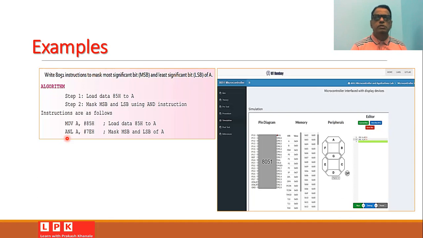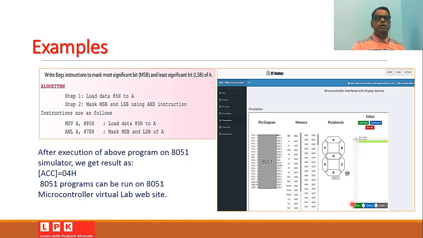These two instructions you can type using any 8051 simulator app like the Virtual Labs 8051 microcontroller simulator. Once you write these instructions, you have a run button over here, and you can run this program. If it is correctly typed, then you can run it. After the execution, you will get the result that the content of the accumulator will be 04H.